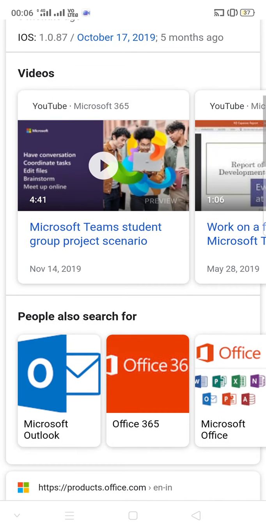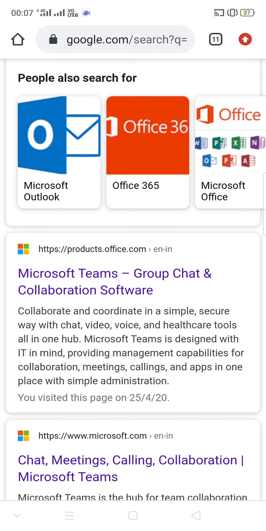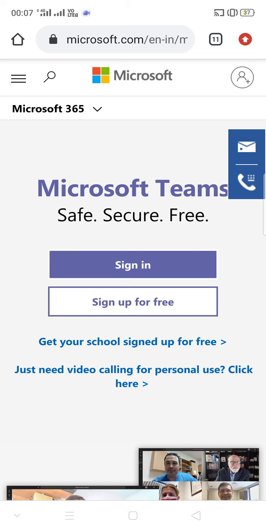Come downwards, and the very first link, Microsoft Teams group chat and collaboration software. You click on this link, and through here also you can sign in.